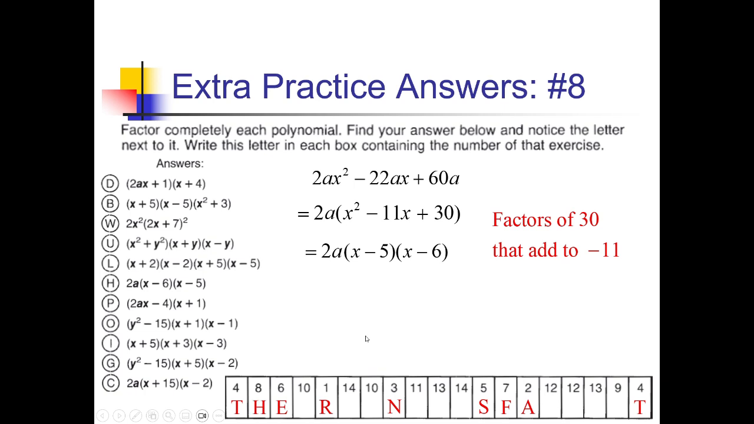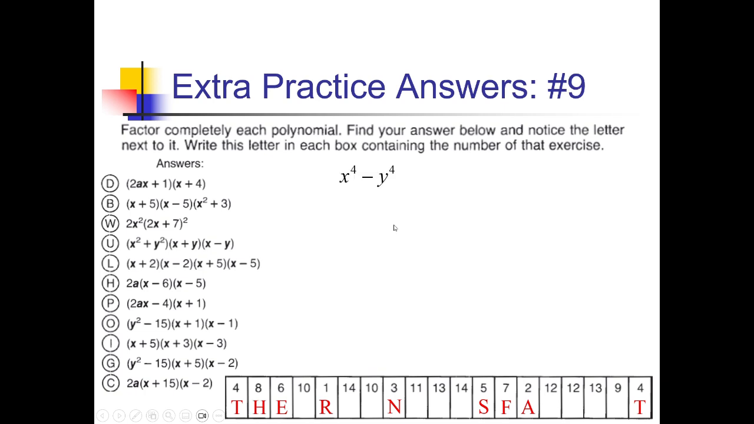And that's the only 8 out there. For this problem, we have x to the fourth minus y to the fourth. Now this is basically the difference of two perfect squares. So I am going to use my a squared minus b squared equals a plus b, a minus b perfect square shortcut. Square rooting each of these things, the square root of x to the fourth is going to be x